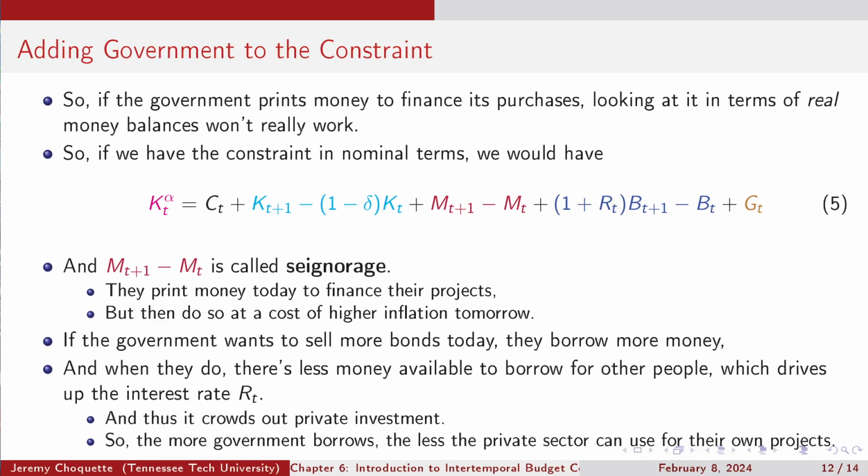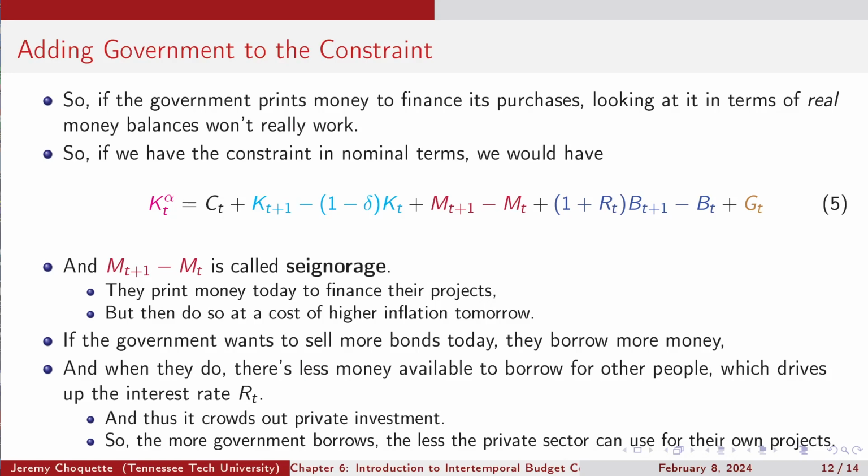So if you've ever heard of anything like modern monetary theory, the idea would be like the government can just print as much money as they want. That would essentially be seigniorage. And of course, the idea behind modern monetary theory is that they can print as much money as they want, but then they tax the money out of circulation because that'll totally work. So if the government wants to print more money, well, that's called seigniorage, and they do so at a cost